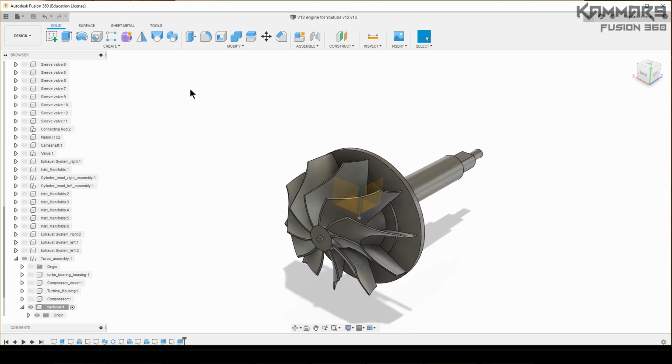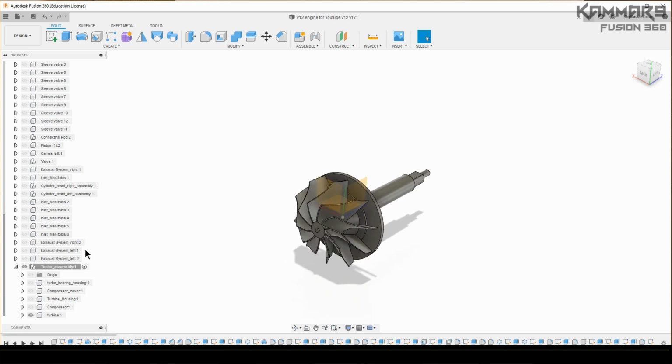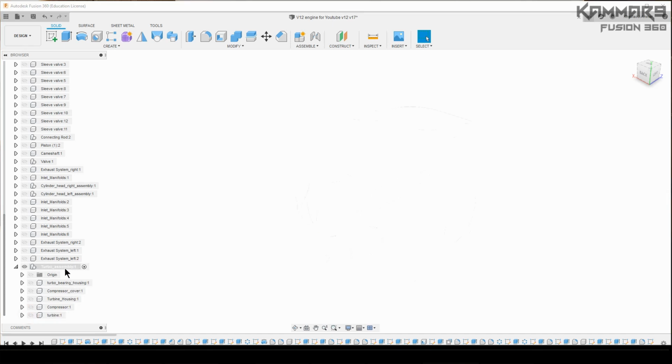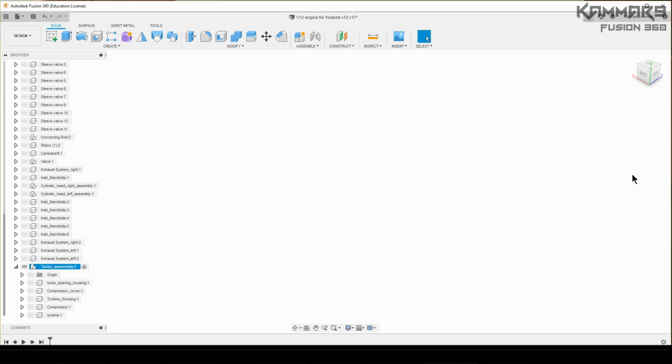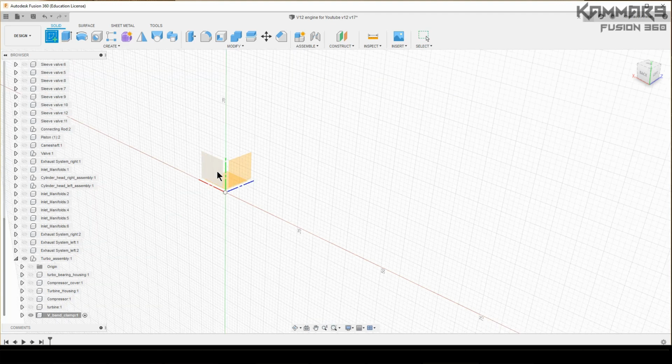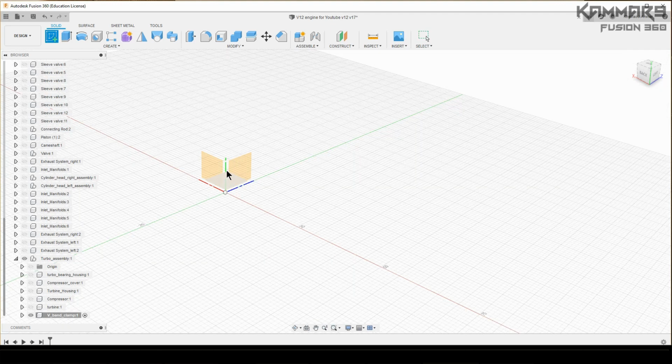Now let's jump to another part. I decided to add another part in this tutorial. It's too easy to do. It's the V-band clamp. Just make sure that the turbo assembly is selected, then add a new component, rename it as you can see, and start a sketch on the,